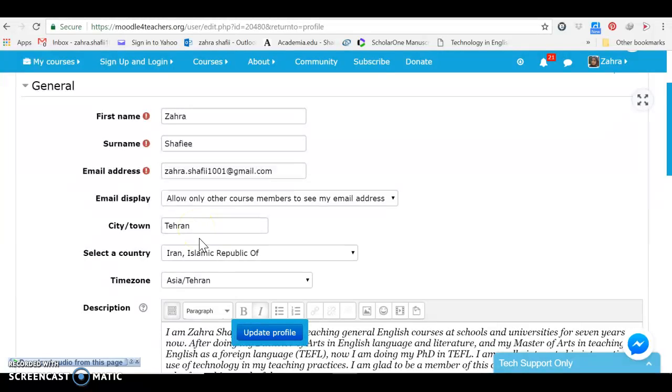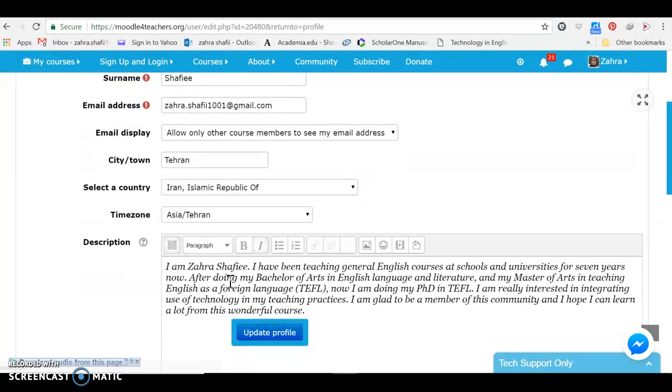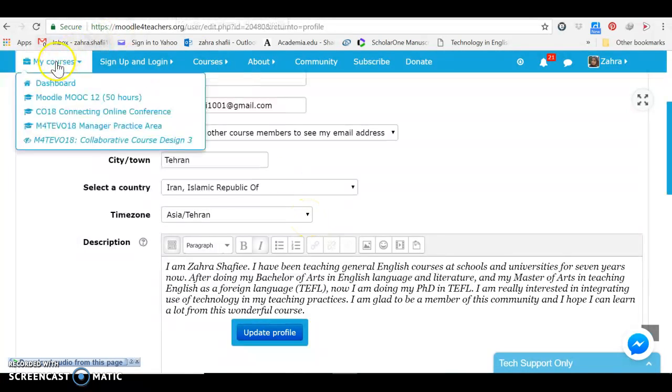everyone is set from before. The time zone is particularly important for me because when live sessions are announced, they are announced on the course based on the original time, where the course is launched. I think it's Canada. But when I adjust this time zone, that is Asia, Tehran, the time, on the main,